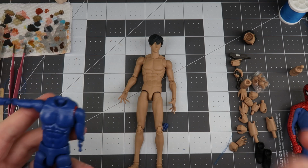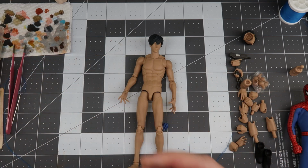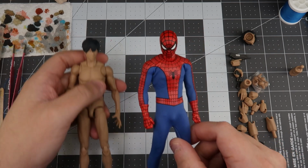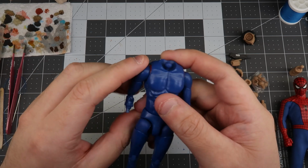I thought to myself, hey, it could be a good body swap and make a great articulated Spider-Man figure in a Mezco style, because I love the suit of the Amazing Spider-Man figure. Just didn't like the body proportions. So I heated it up, popped off the